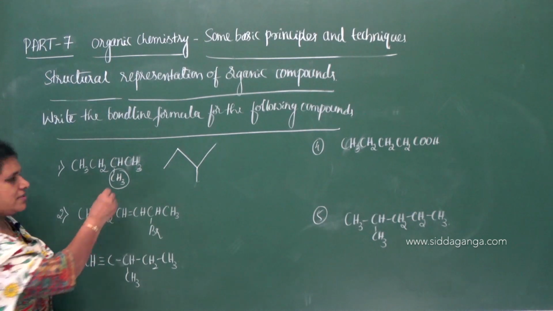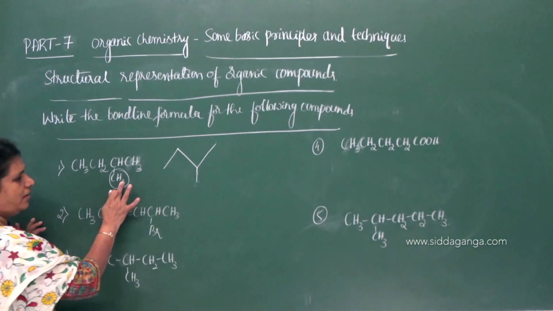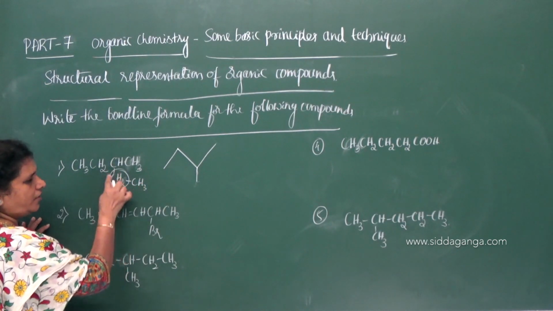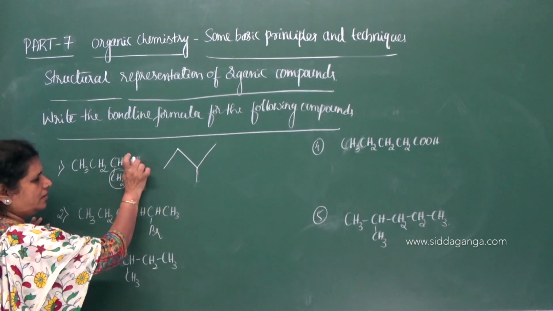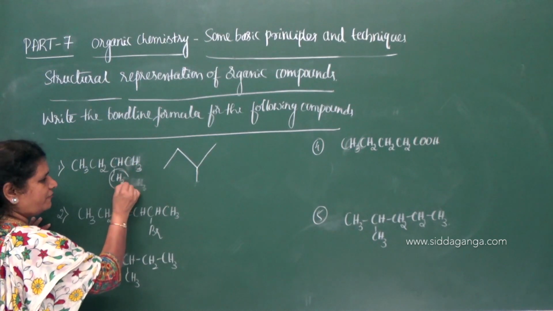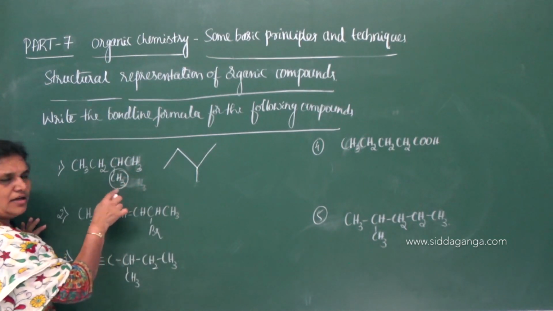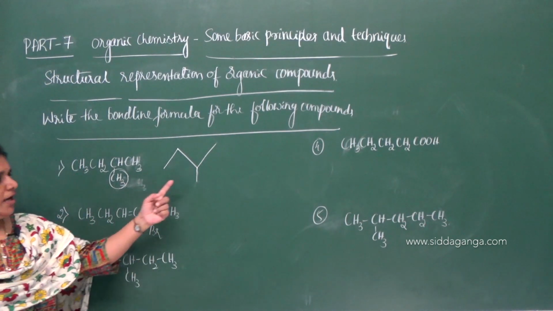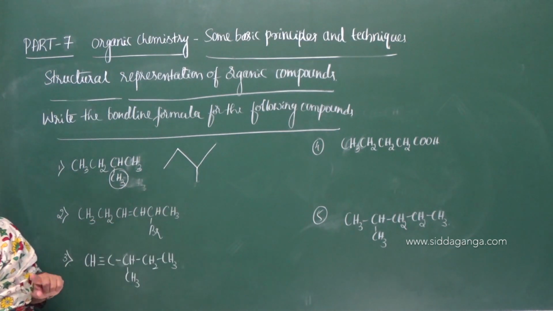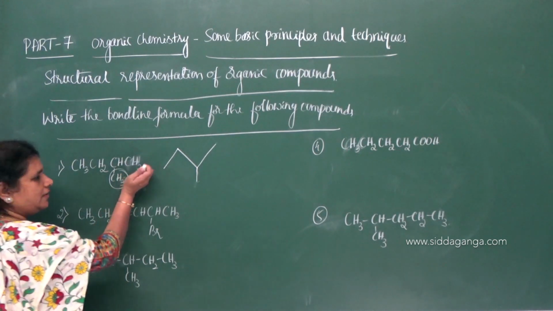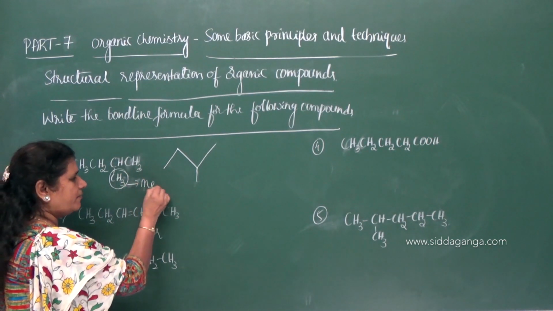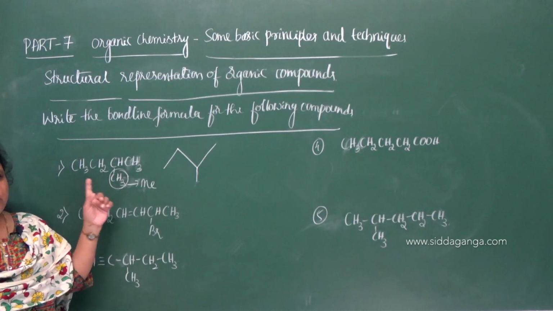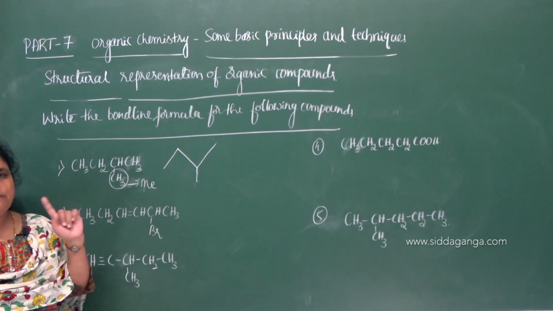If instead of methyl CH3 it is CH2CH3, then you have to take one more carbon here. I will give a separate example for that. So if methyl is the side chain here, you can show it by putting one line. You need not write the methyl group here. The abbreviation we can use for this group is Me. So Me is the abbreviation that we can use for the CH3 group, and that group indicates methyl.